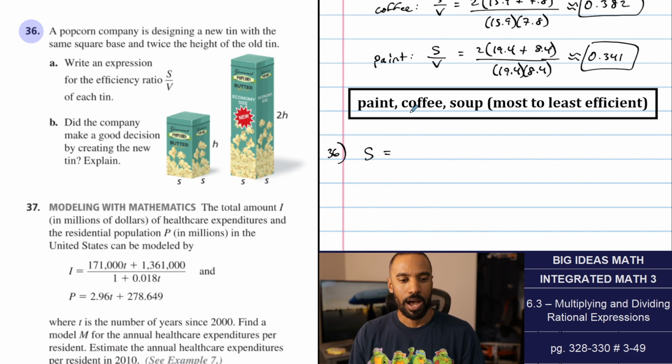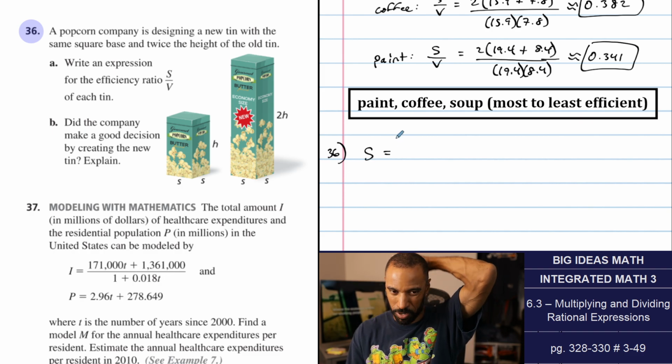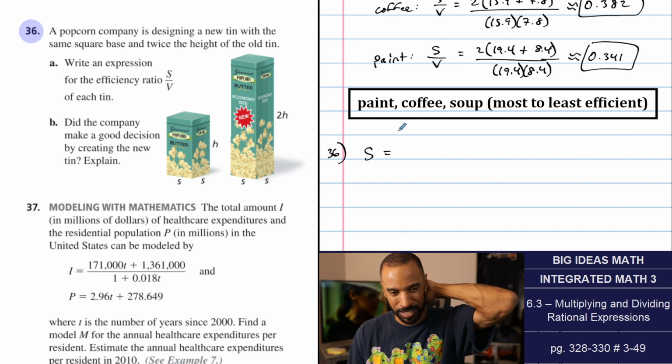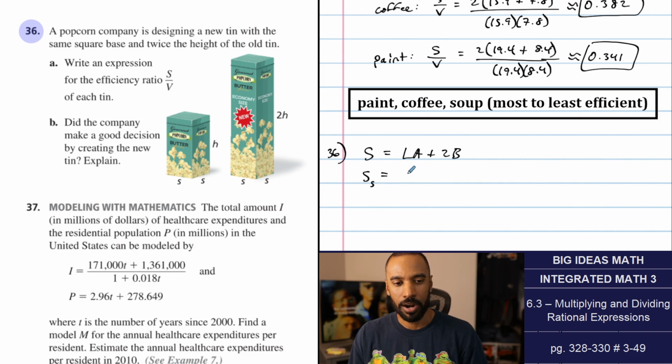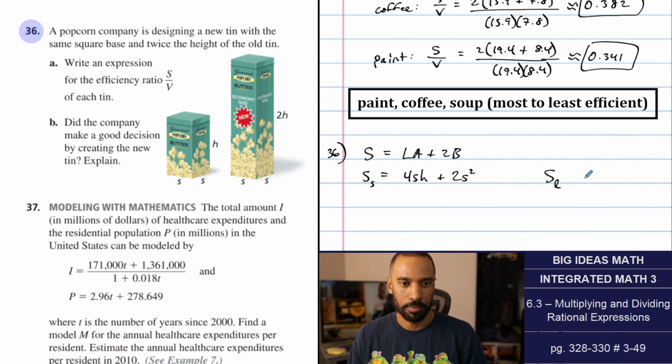surface area of a prism, well, I have both of them. I wonder if I should just, yeah. Surface area in general is lateral area plus your 2 bases. Let me just start with that. So of the smaller one, I'll say surface area, the smaller one, S sub S, is your lateral area, which is your perimeter of your base, the 4 S's, times your height, 4SH, plus the area of your 2 bases. It's 2S squared. Whereas the surface area of your larger,